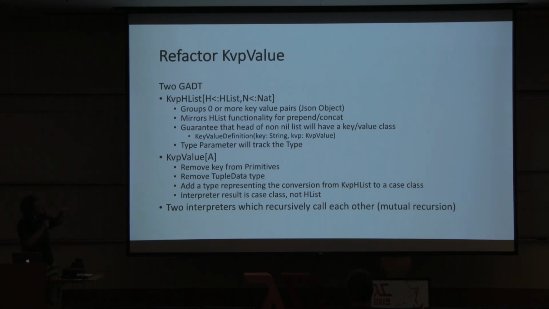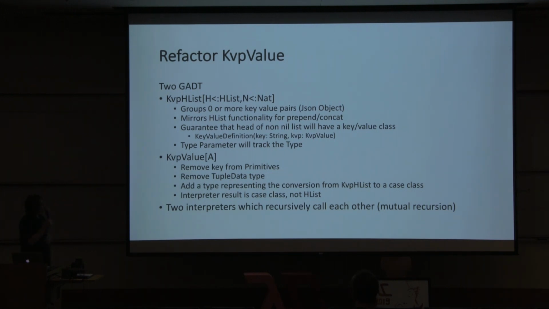All right, so what we're going to do here is introduce this new KBP H-list, and that's going to represent basically the list of data. This allows us to group 0 or more key value pairs, so you can think of this as the object. We're going to mirror H-list and introduce a new class, the key value definition. That's where we're going to store the key. We are going to keep it as a string, and it's going to have a reference to our original KVP value